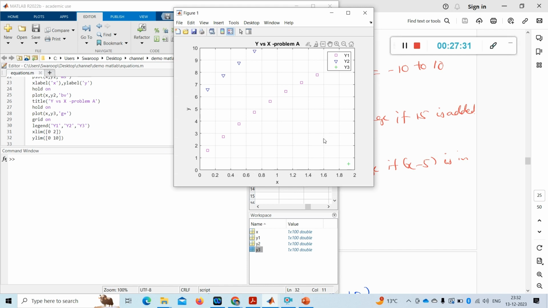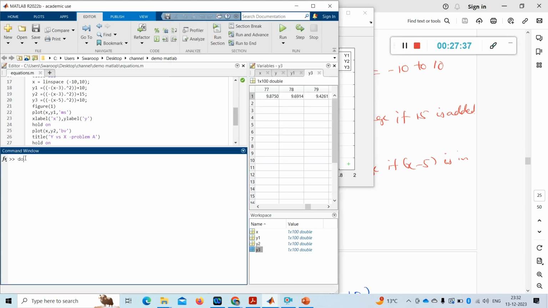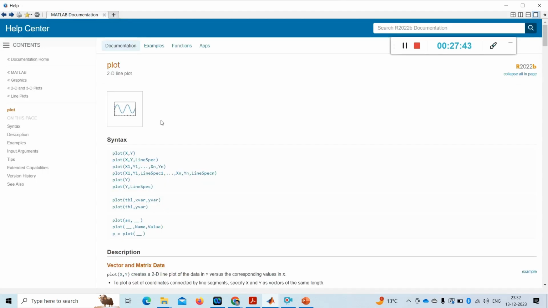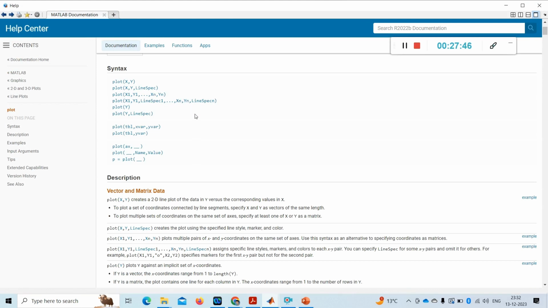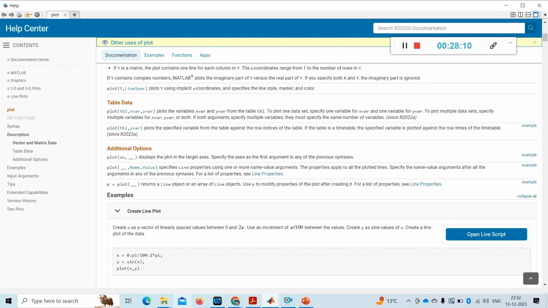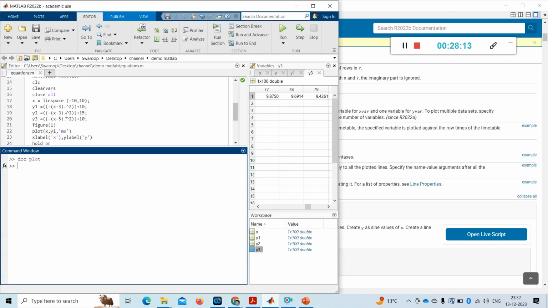Still we can use remaining options and all. Another thing I want to tell, there are a lot of options. You can go for the documentation of plot. So the plot document will open. All these are their line specs, and you can learn, because nobody can know completely about MATLAB. I am giving the overview in this. So whatever you want, you can go by searching it. If you know some basic idea, then for your advancement you need to practice and learn these things. So let me go back to the MATLAB window,